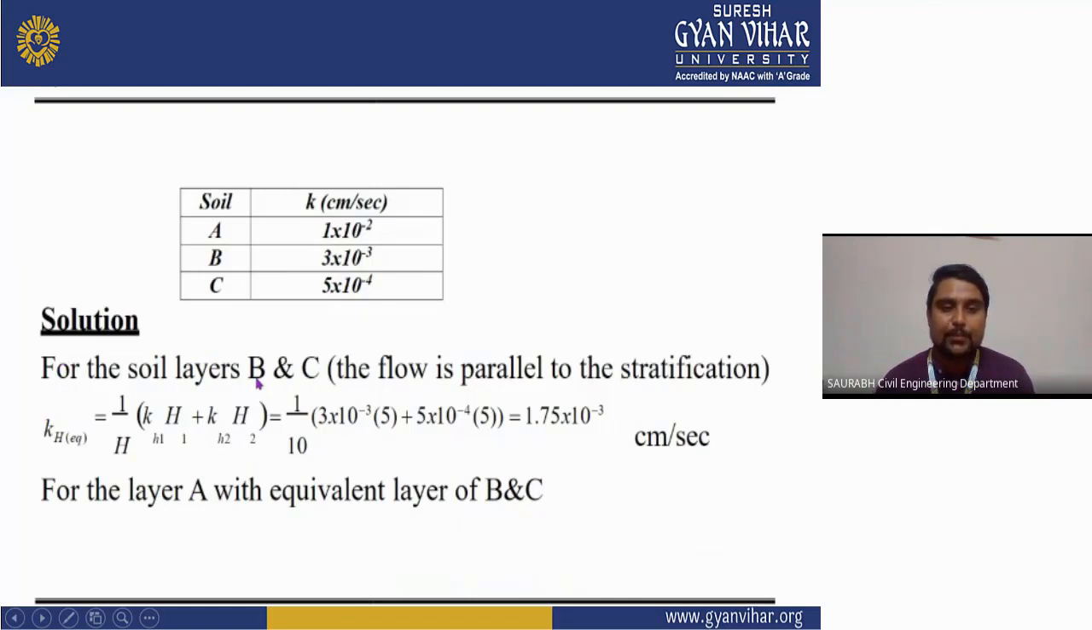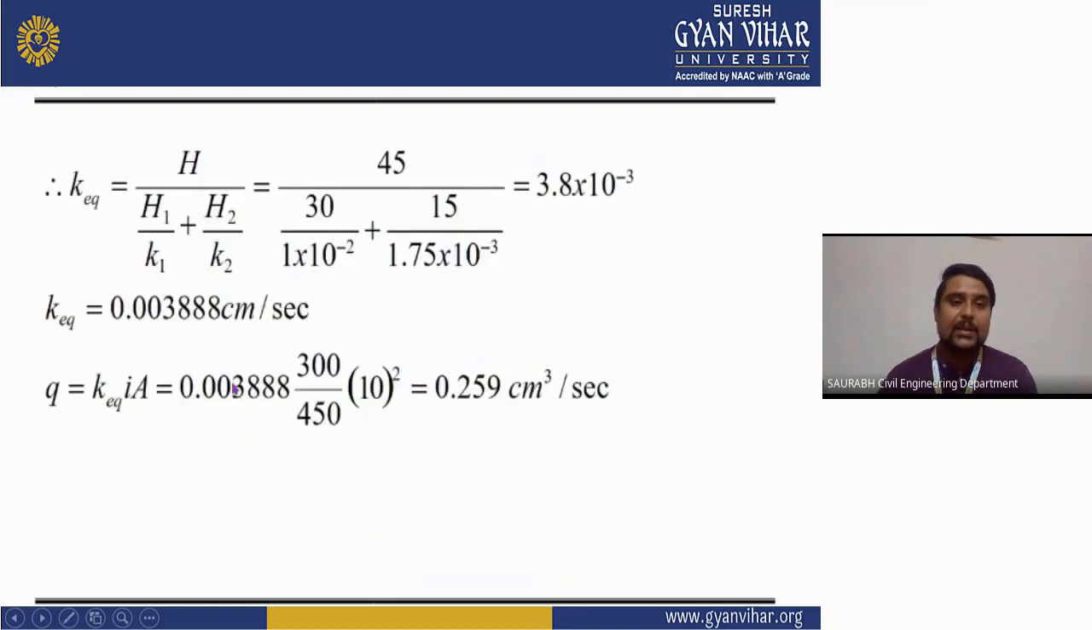For the soil layers B and C, the flow is parallel to the stratification, and there is a formula for solving this equation for layer A, which is the equivalent of layers B and C. Here the K equation becomes H by H1 minus K1 plus H2 minus K2, and it will become 3.8 into 10 to the power minus 3, and K will be converted into centimeter per second, which will be equal to